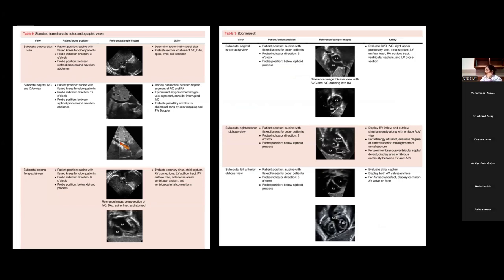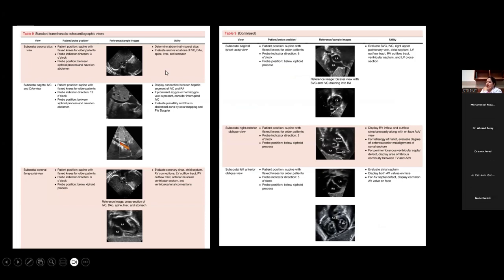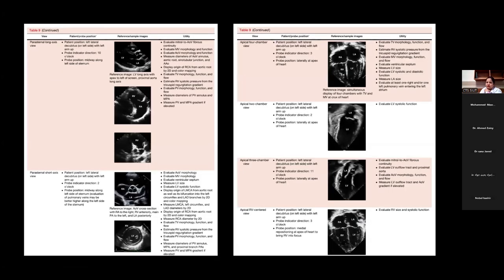You will forget the lecture, but through these guidelines you can go back and learn, and see what the utility is, what structures you are looking for. If I started with this, I feel it might overwhelm you. That's why I keep it for the end. And these are the images, every image.